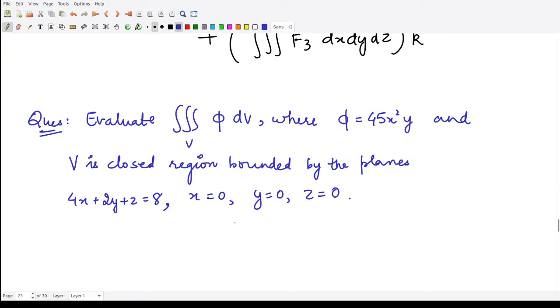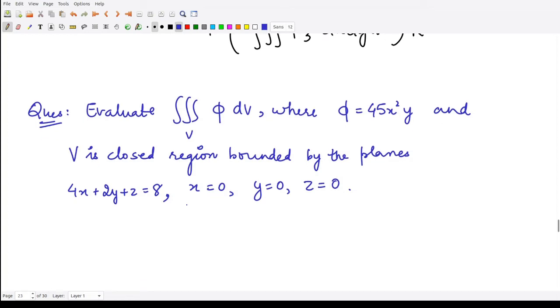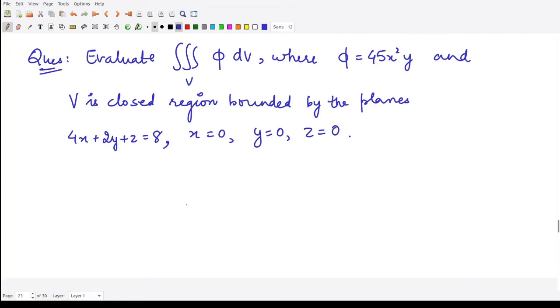So these four planes are given to you. Whatever region is bounded between these four planes, that volume, for that volume we wanted to calculate this triple integral over here. So let's first visualize the region as always. So for the solution,